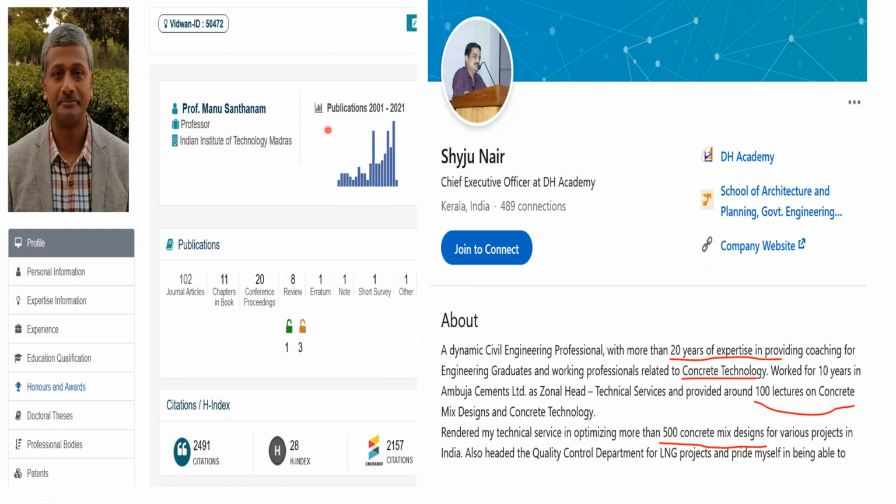So what we do is we approach such people and ask them to prepare a concrete mix design for us. Even most of the IITs do all these things. If you are going for M30, M40, M50 grade of concrete, you just have to tell them. Whatever we are going to learn in the next 3-4 lectures, the same thing they prepare, but with the experience they have. Based on that, the outcome they get will be good. So these are the things that we need to understand.